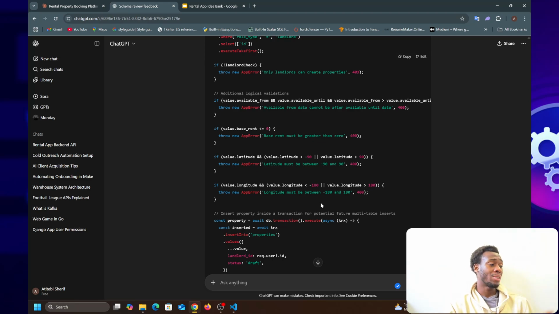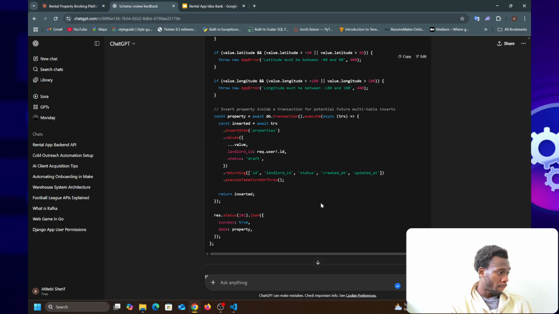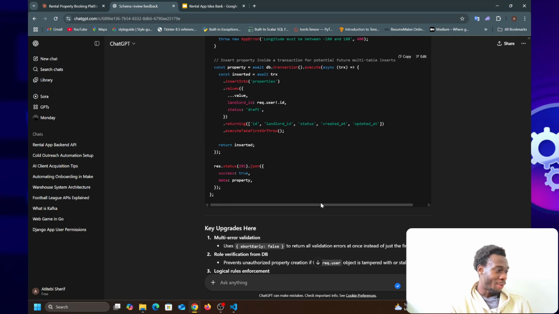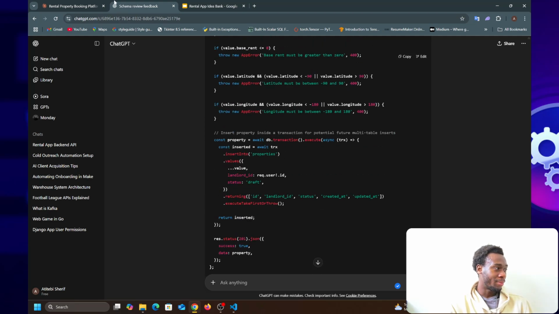So basically ensuring that. And validating the base rent. I feel like an Anthropic model will come up with something better than this. Even me, who's not worked with Node.js but has worked with Django, I can come up with even better functions than this.